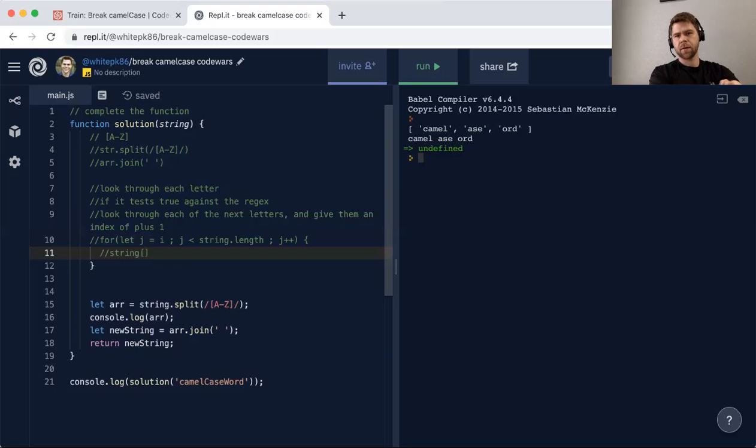Maybe you have to start at the end. I'm trying to think of how to insert. Maybe you have to start at the end until you get to I. That way you can copy everything back one, because what I'm thinking of doing now would overwrite the next one. Let's say J equals string dot length,